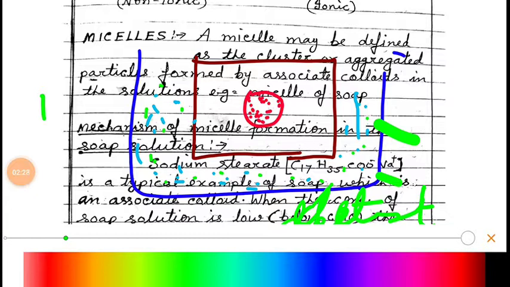Cleaning action of detergent and cleaning action of soap, that is the same. Now if we want to wash this oily spot, and when we add the soap solution or detergent solution, then what really happens in this dirty spot? So I am taking the magnified image of this oily or dirty spot and we will try to understand. Now I am not showing you this tub and the piece of cloth. I am just showing you the oily spot which is present on the piece of cloth, and then we will try to understand how this oily or dirty spot is removed from the piece of cloth.